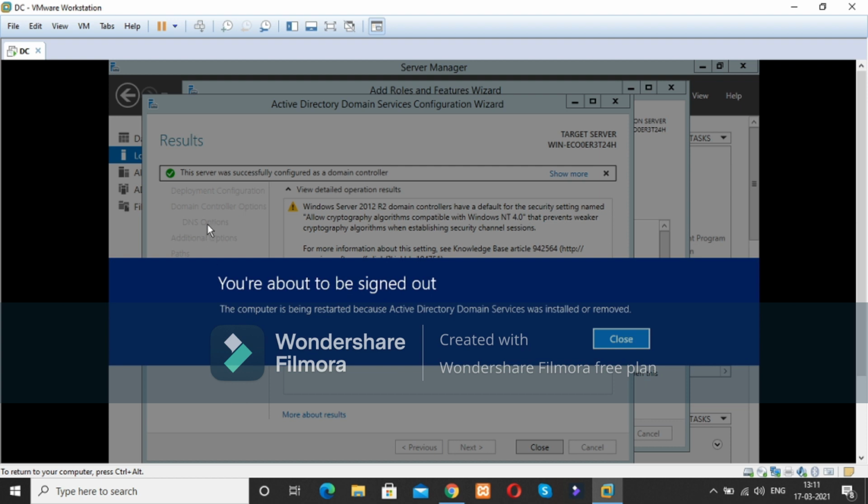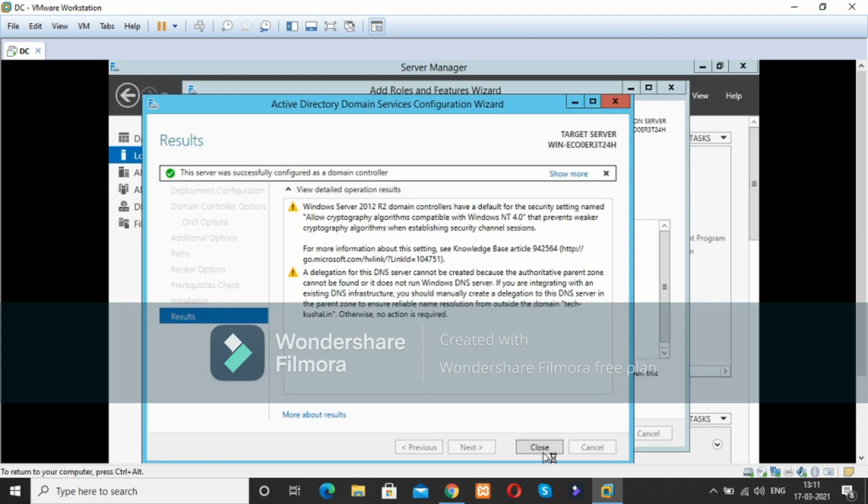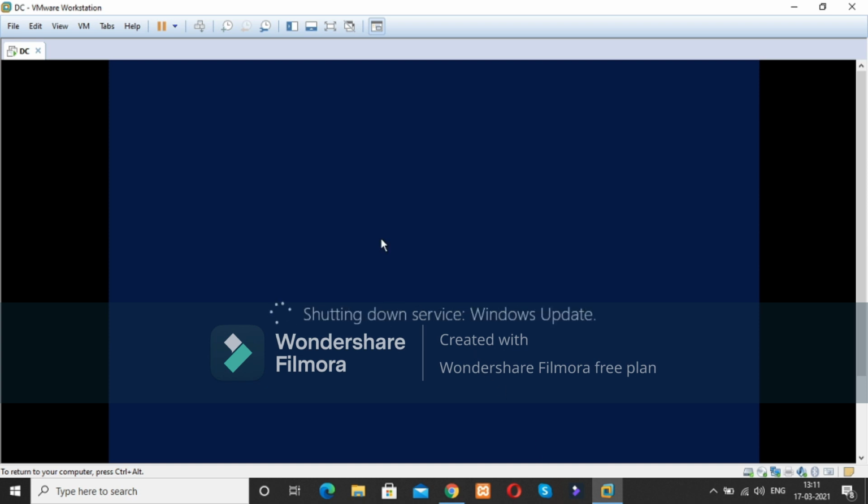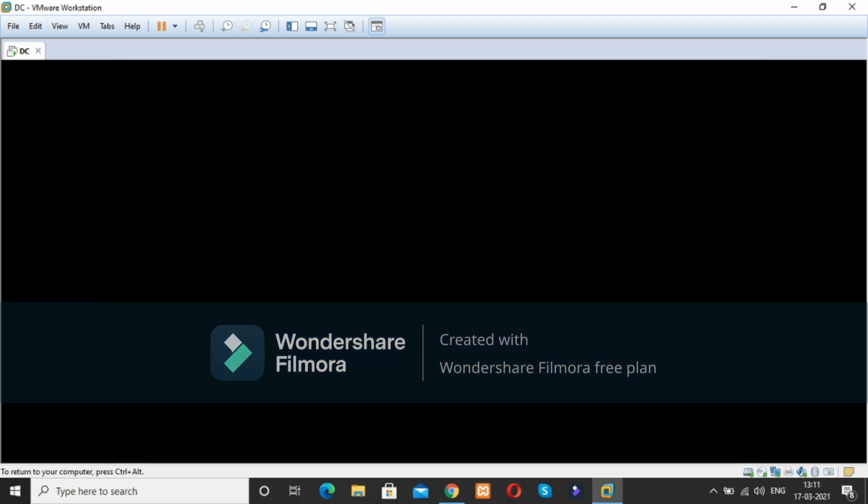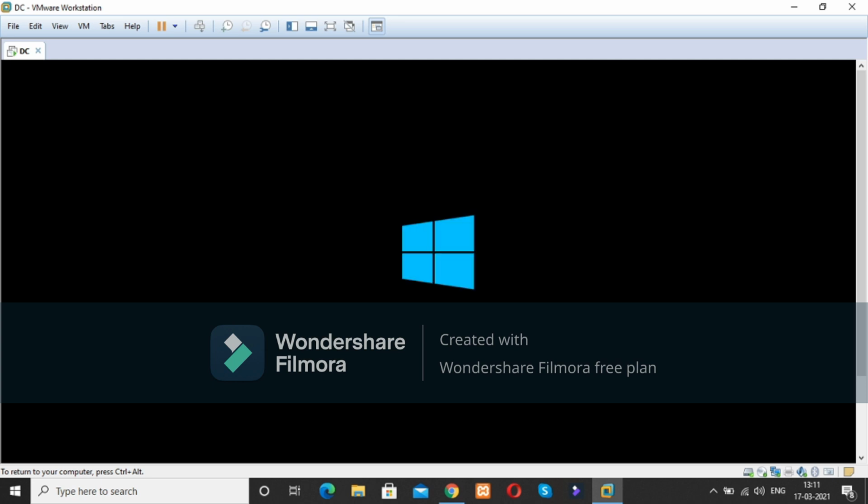Now you can see the server is installed successfully, configured as a domain controller. So just click on the Close option. It takes a restart, because we previously selected that if restart is required, then the server restarts automatically. So the restart is required, that's why the server automatically restarts itself.